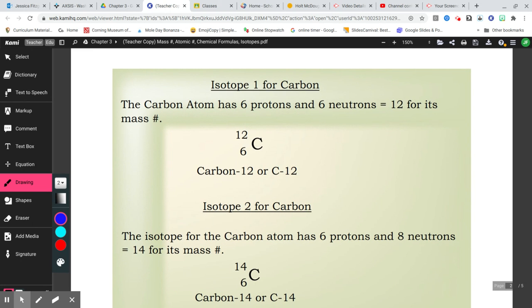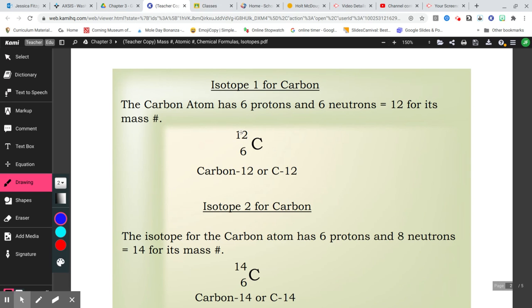Isotopes for carbon: actually, carbon has two different isotopes. We're going to look at carbon-12 and carbon-14. So our first isotope of carbon has 6 protons and 6 neutrons, so the mass is going to be 12. So if we look at the complete